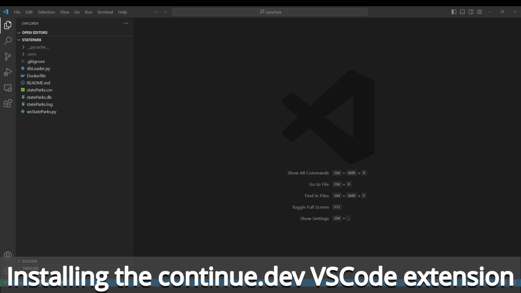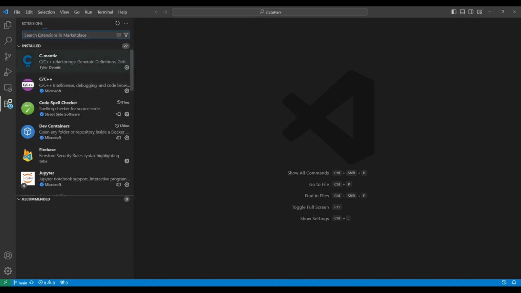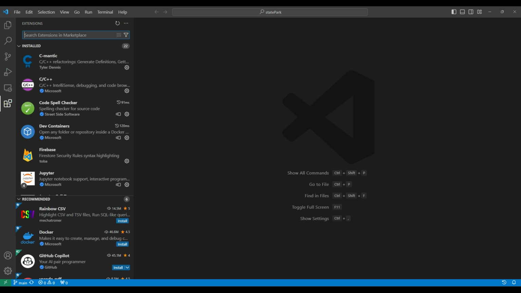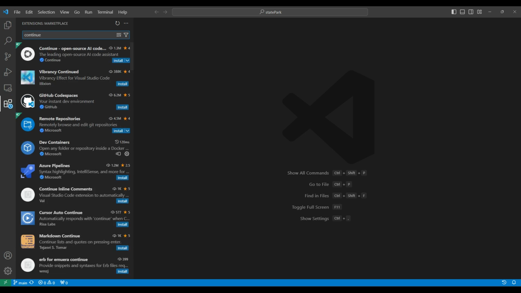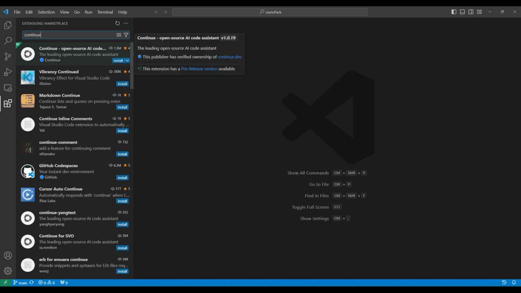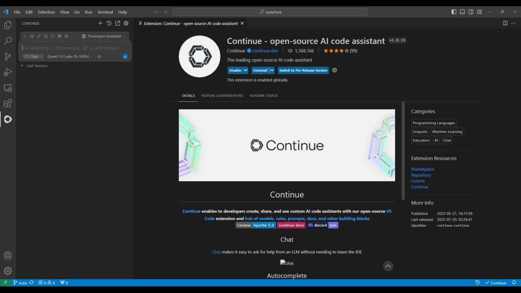Okay, let's have a look at installing Continue.dev, the AI assistant. So I'm in my VSCode environment at the moment. I'm going to go to my extensions. I'm going to enter Continue. There's Continue.dev, and I'll just do an install. So it's a fairly fast install, and I now have Continue on my menu out here. I can also drag it around and put it in other windows in my